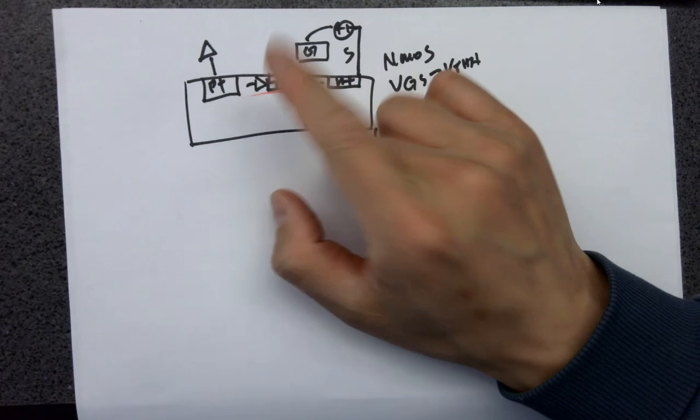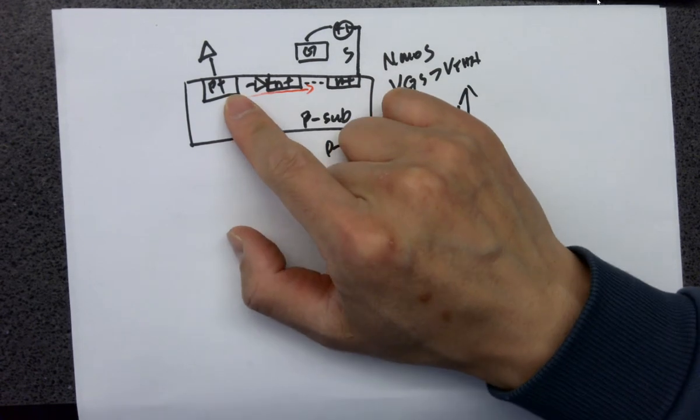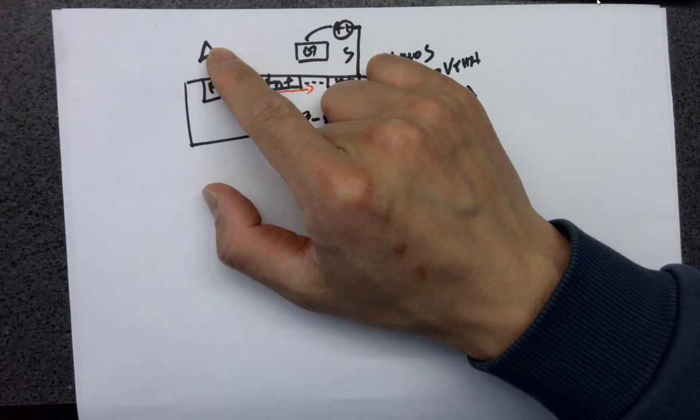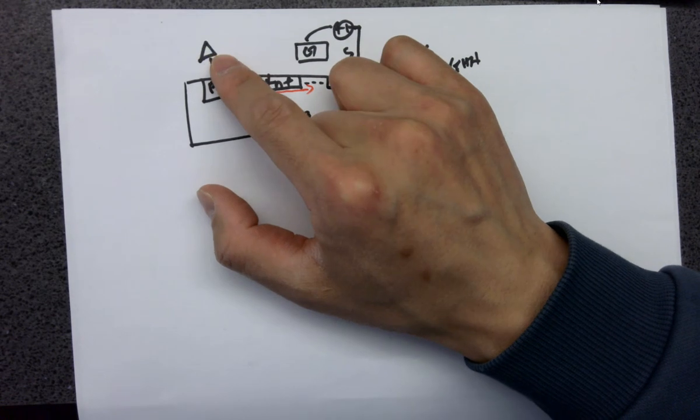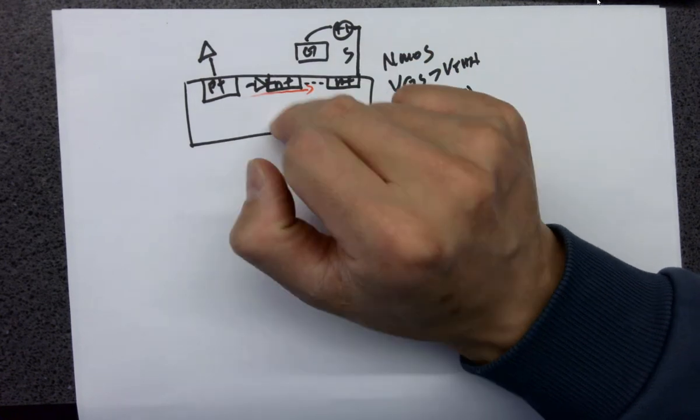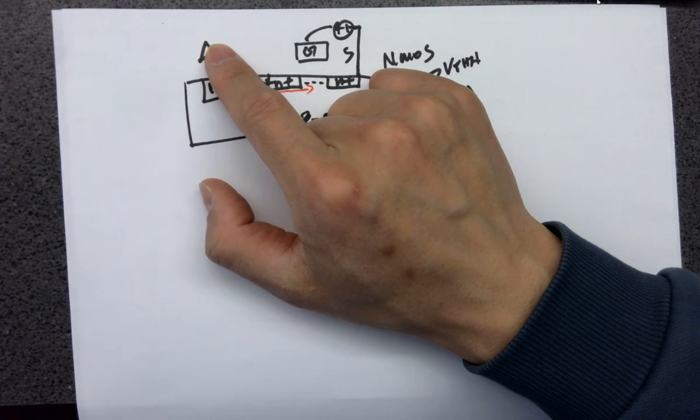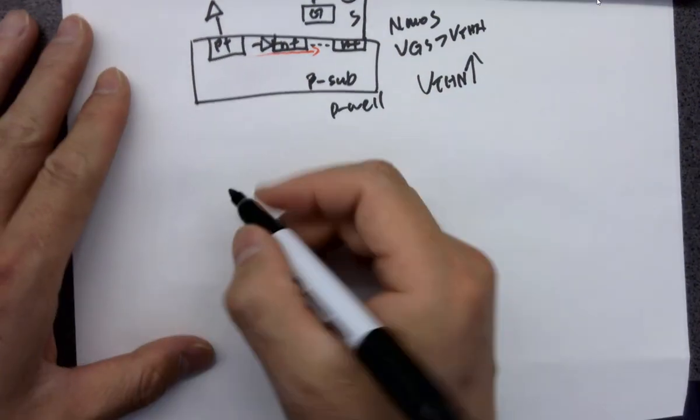All right? And that is why we always need a well tap, and we need to tie the well tap to a certain voltage node. For the NMOS, we tie it to ground. Okay. For the PMOS,